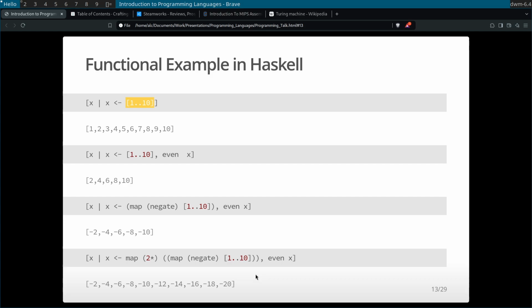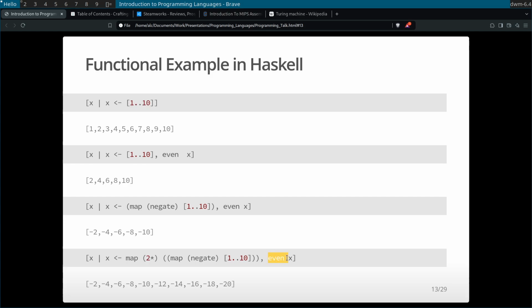And the reason is that even though I'm asking for the even numbers of this list, this 2 times function is getting applied before the even function takes place. And since functions are not commutative with one another, this took precedence, so it actually doubled every number in here first. And when you multiply a number by 2, it automatically becomes even.